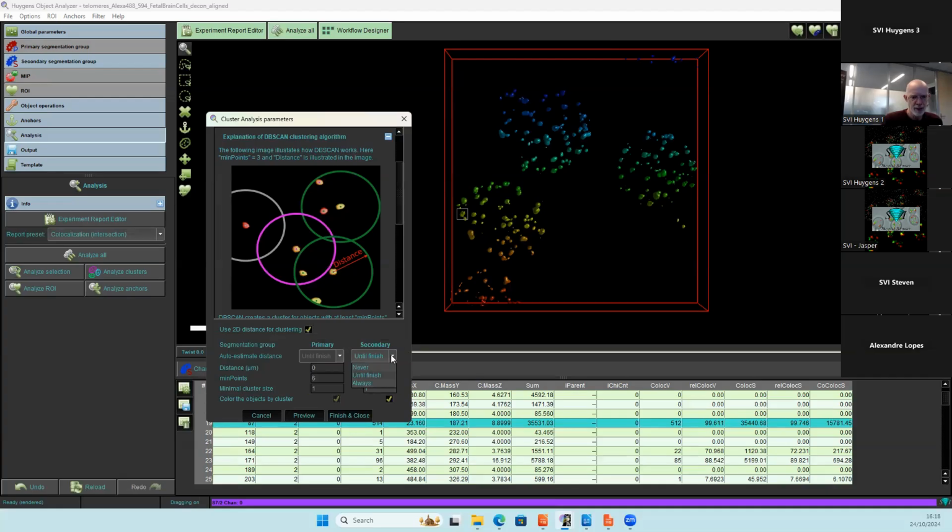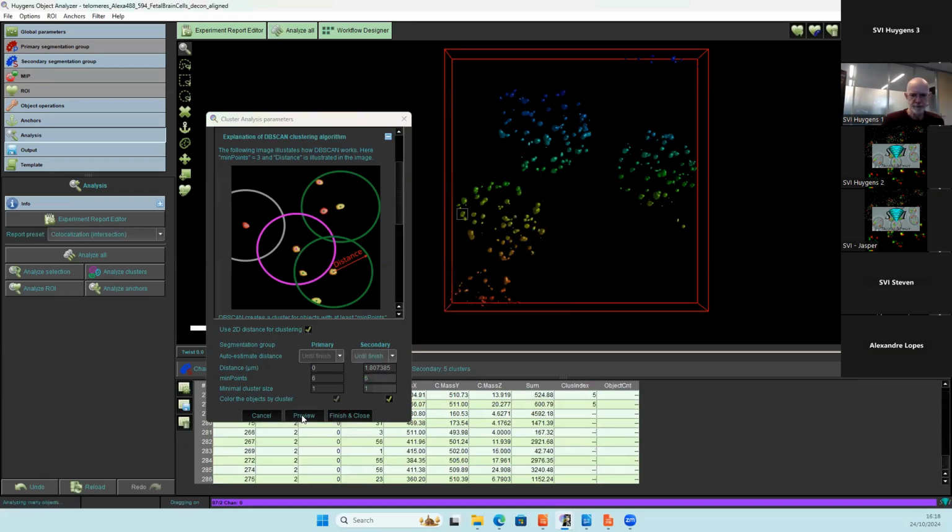And you can do that by leaving this to until finish or always. If you hit never, you can enter this value manually, but we rely on the automated estimation. Then the number of min points is 6, and the minimum cluster size is 1. Those are default values, and they work quite well on this data set. If we now click on preview,